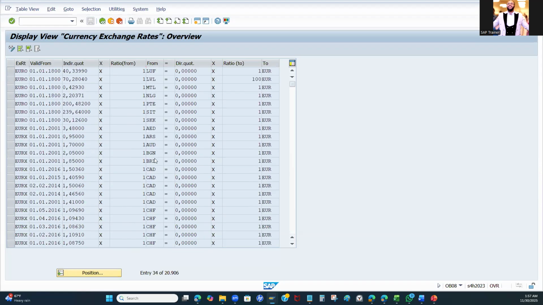It is possible that it has been maintained, but if it has not been maintained, it is going to be your responsibility as an SAP consultant to configure that. And you can see here that there are so many options already maintained from GBP to euros. So we can scroll down a little bit to see if there's also one that is being maintained from GBP to USD. It doesn't seem like there's anyone maintained from GBP to USD